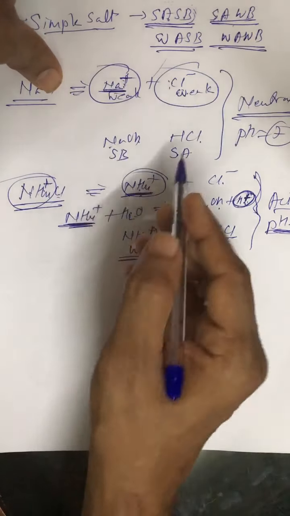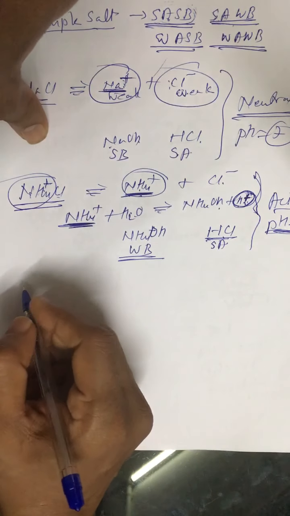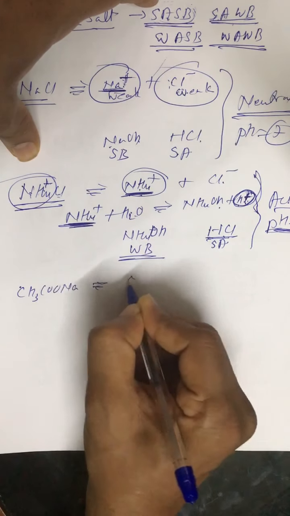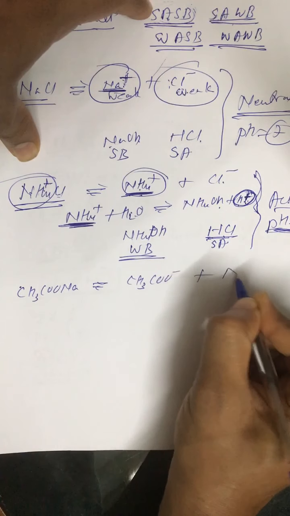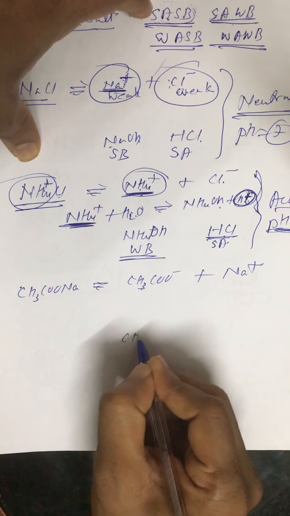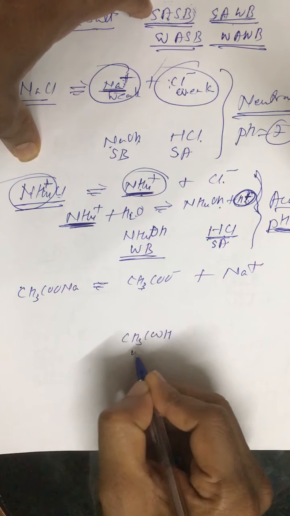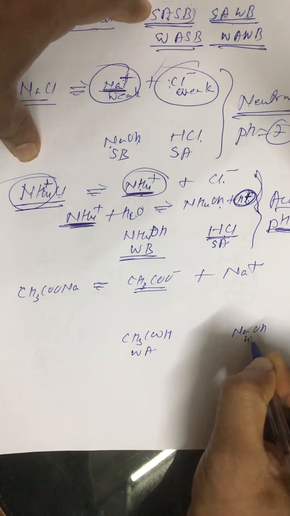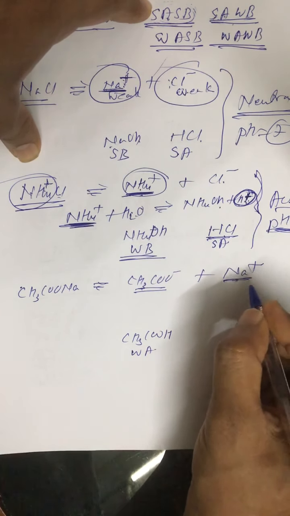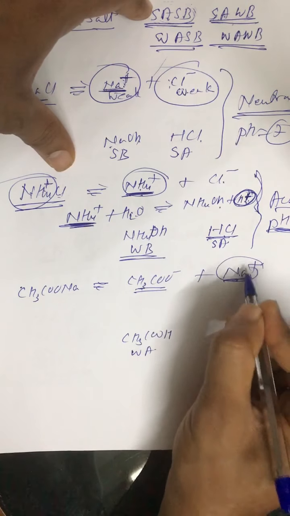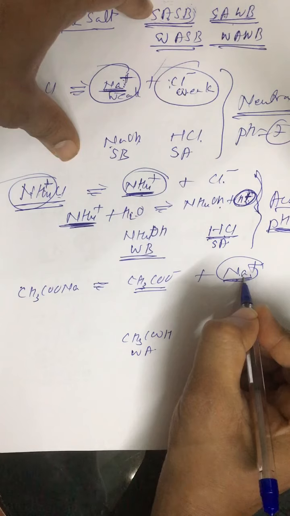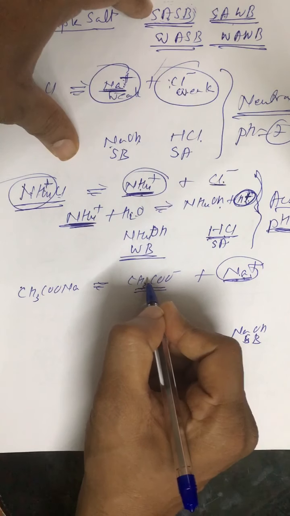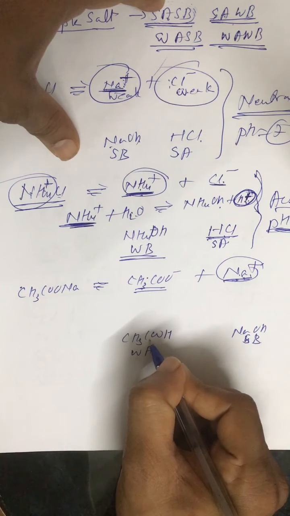Third case is weak acid, strong base salt. We have, like, sodium acetate ionized to give acetate negative ion and Na positive. Now acetate negative comes from acetic acid, which is a weak acid, so its conjugate part is strong. Na positive comes from NaOH, which is a strong base, so its conjugate part is weak. So it will not be hydrolyzed. What will happen to Na positive? It will be hydrated. What happens to Cl negative? Hydrated. Now here acetate is strong. Why strong? Because it comes from a weak acid.